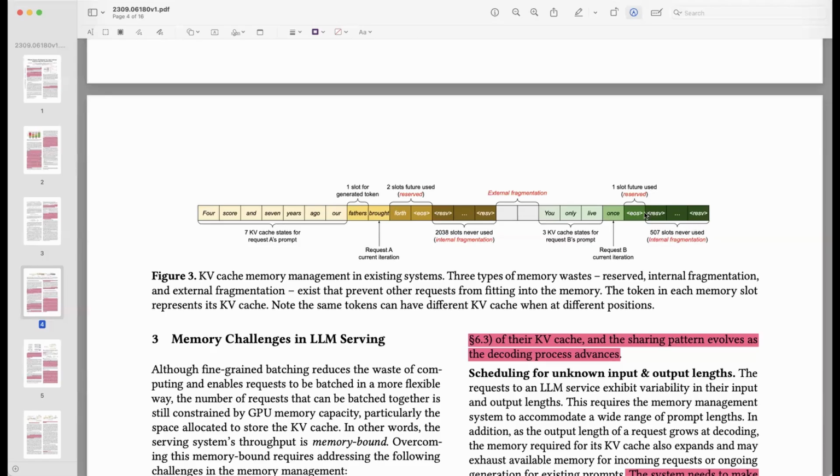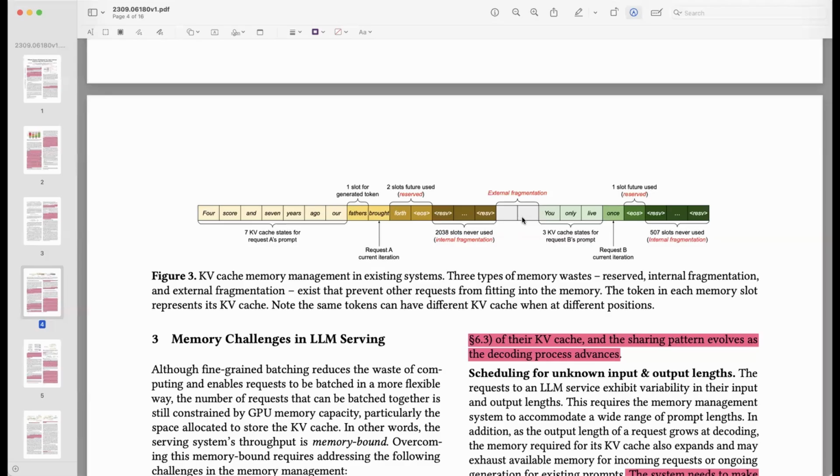So you're wasting the space. This is internal fragmentation. Now, external fragmentation. Internal is within a request's allocated space: you allocated the space but didn't use it. External fragmentation is basically saying you never allocated the space. Now, what happened? Say, suppose there was another